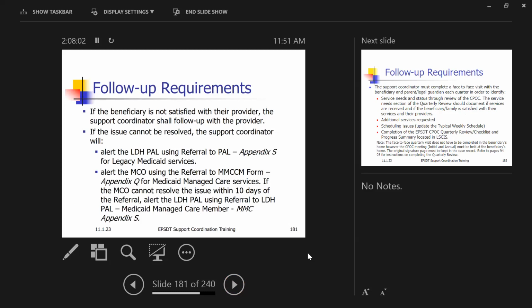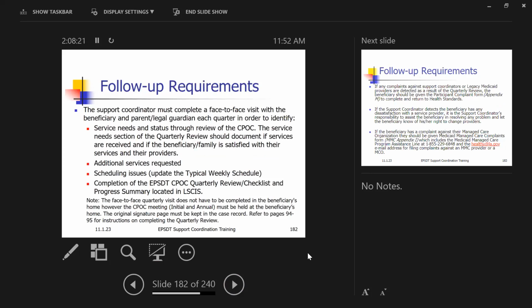And if the issue cannot be resolved, you'll alert the PAL for legacy Medicaid services, or alert the MCO for Medicaid managed care services. If the MCO cannot resolve the issue within 10 days of the referral, alert the LDH PAL using Medicaid managed care Appendix S. The support coordinator must complete a face-to-face visit with the beneficiary and parent or legal guardian each